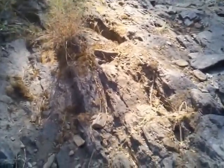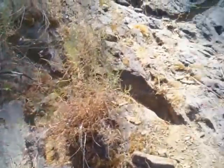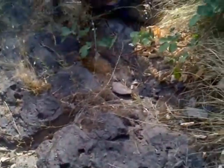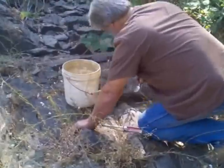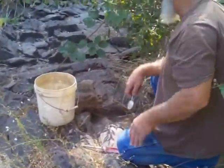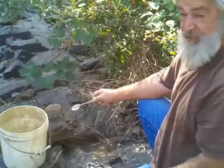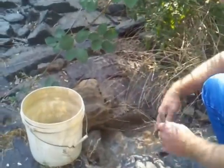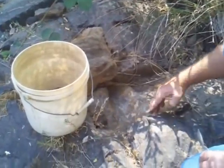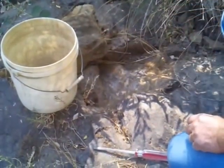Alright, well, we're here on another little branch of the creek. John's about 10 yards away, and Wayne is up here doing what he loves to do, and that is sit on the bedrock and scratch at a little crack. Alright, did you find that piece of gold? No, I didn't. I'll never find out, but I just pried this rock out. It was a little lip sticking up. Yeah? And I pried it out, and